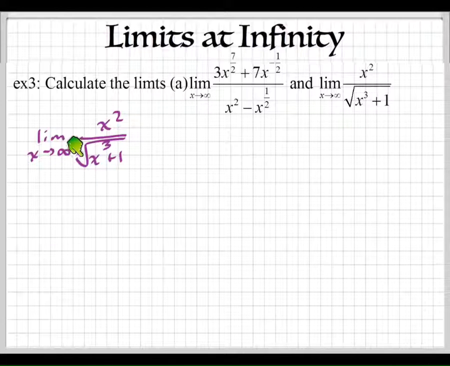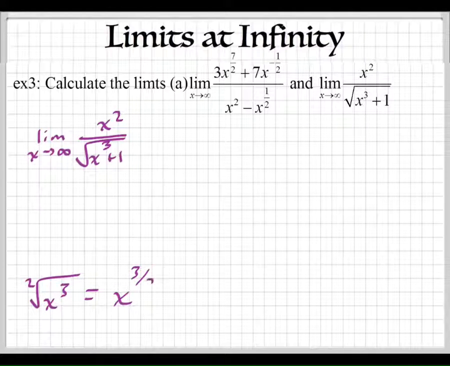Now, whenever you have a square root, the denominator in this case has a square root. It behaves the same way as a rational exponent would. Let me remind you guys of this. If I have x to the third, and we're taking the square root of that, how can I write that as just a power, just an exponent? Yes, because this is the square root, you can rewrite this as x to the 3 over 2. Okay? So this right here actually behaves just like this. I mean, there's a slight difference because there's a plus 1. So it shifts it a little bit, but it doesn't change the shape of the graph as much as the